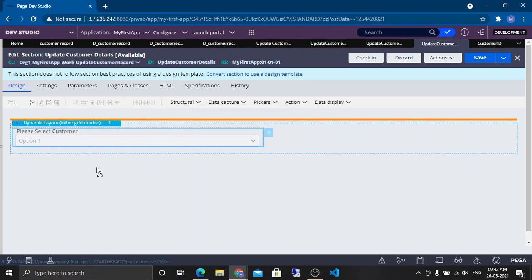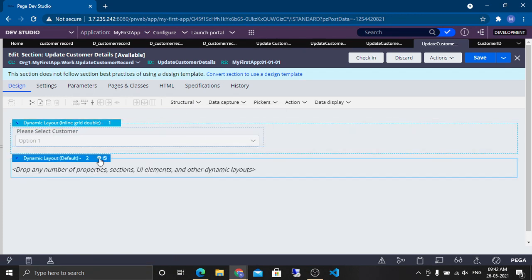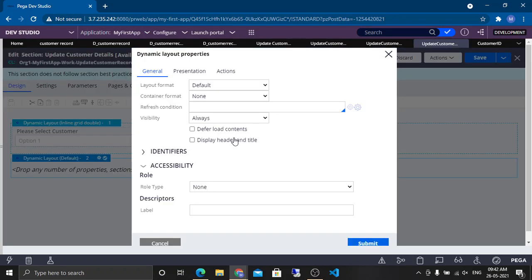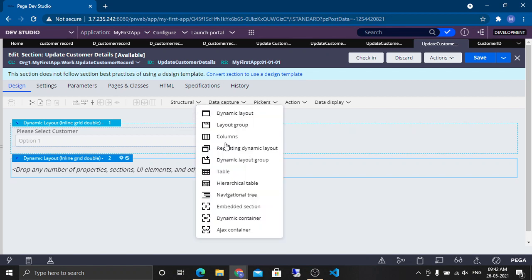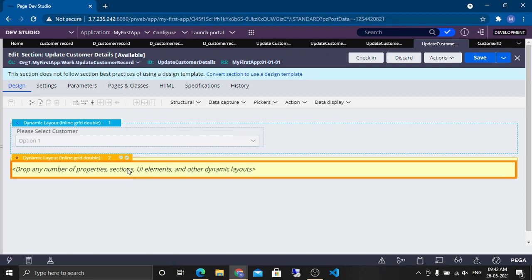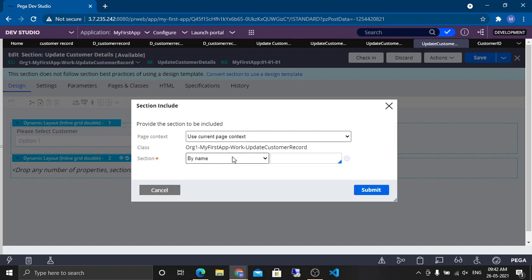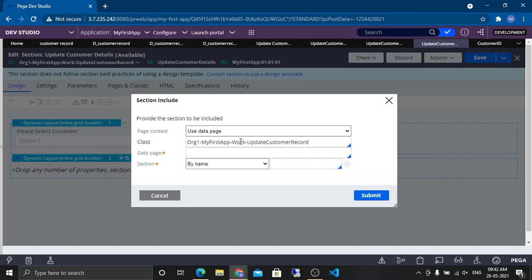Okay. Let's take one more dynamic layout. Let's make it inline grid double. Okay, let's try to embed one section, and I want to take it from the data page, not this class, it will be of this class.